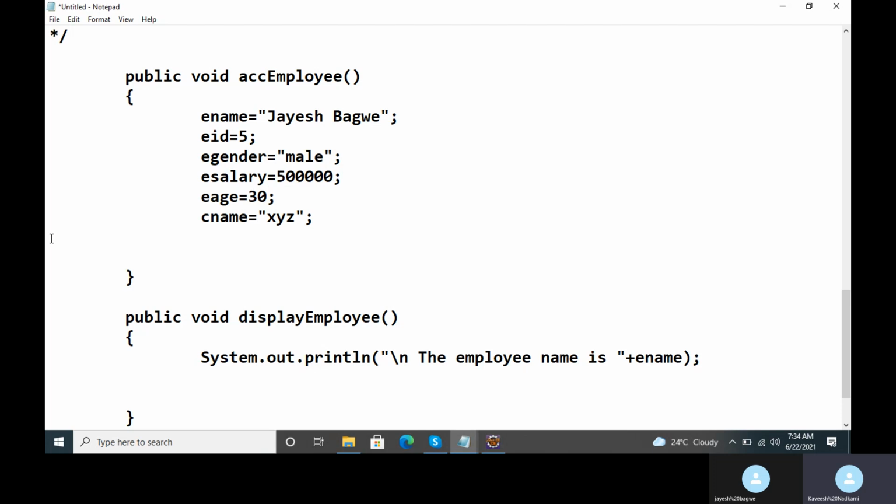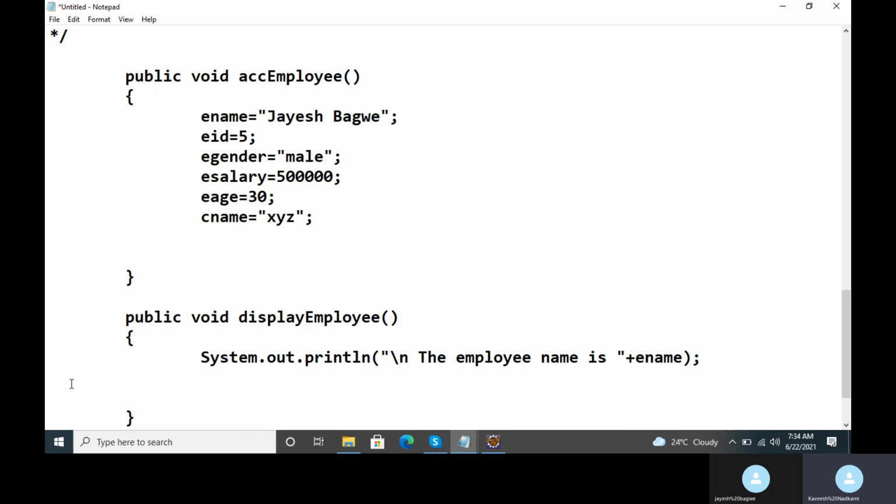This is the cursor, Jayesh; what is blinking now is the cursor. They will change the position of the cursor on the screen. \n is the escape sequence for new line. In easier words, you can call it the new line character. So when this \n is executed, the JVM will automatically take the cursor to the next line.